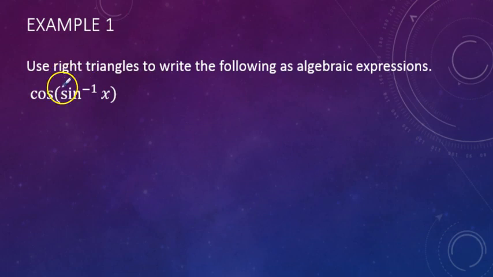So for this example, I'm focusing just on what's inside the parentheses first, and they say sine inverse of x, but you might want to think of that as x over 1. So the rule for sine is opposite and hypotenuse, and I'm always going to draw a first quadrant triangle for these. So in this case, if I have theta in this bottom left corner, the side opposite will be the x, the hypotenuse will be the 1, and then when I go to write x squared